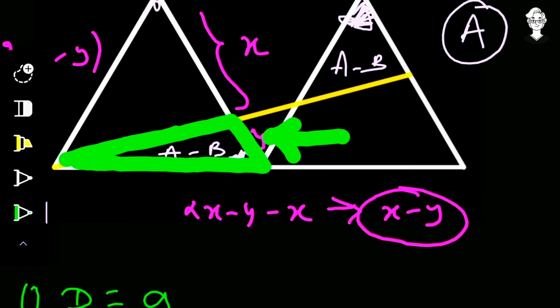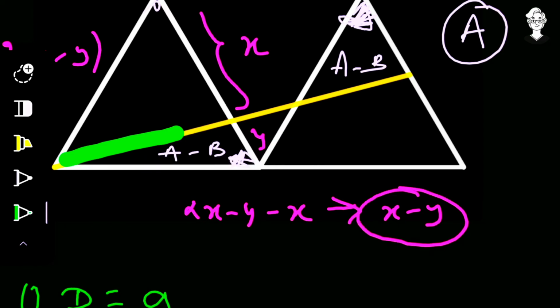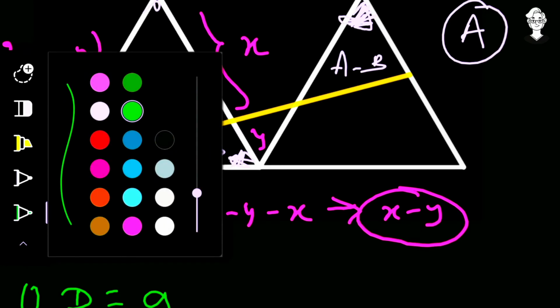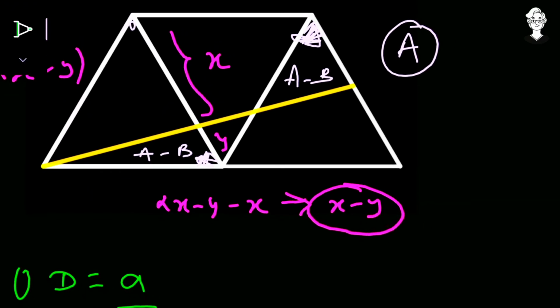In this triangle, this side I already found, that is x minus y, and it has the base. As I told you, the angle forming is at the center and the length of the other two sides should be given. So in the middle 60 is given, this I already found, that's x minus y, and the base I already have, that is the side of the equilateral triangle, that is 2 times x minus y. So here everything is clear.